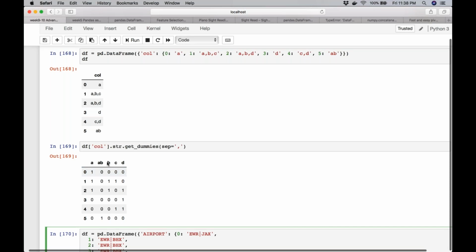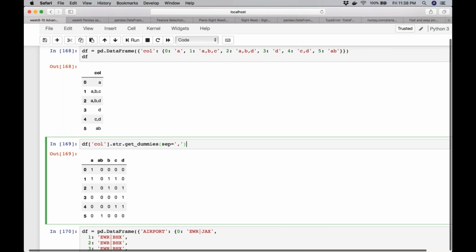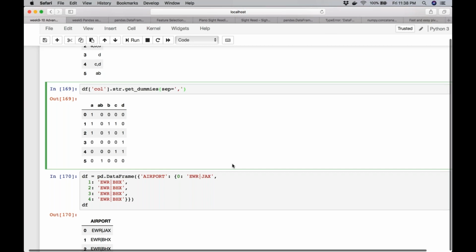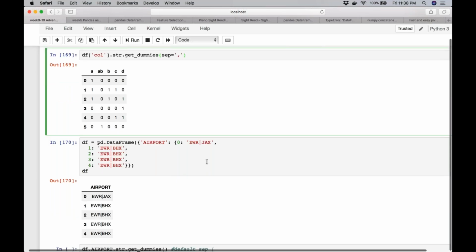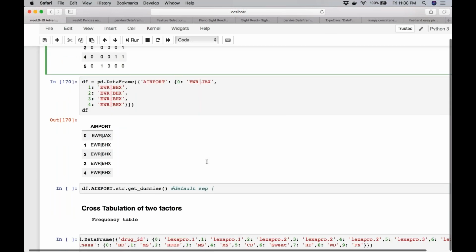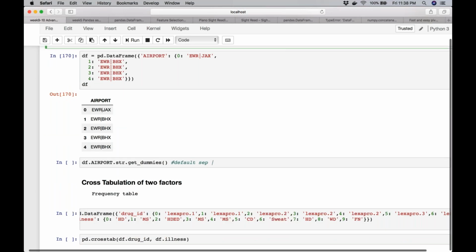So what do you do in that case? Now what it does is that for each observation, it knows that at observation 0, A is present. At observation 1 or at observation 2, A, B, and D are present. So it makes use of the data that way. If you don't understand it fully, don't worry about it. We'll revisit it for machine learning. We'll be heavily using it, in fact. So this is the concept of get dummies using pandas. And in fact, we'll use a scikit-learn package, so you don't even have to worry about it.